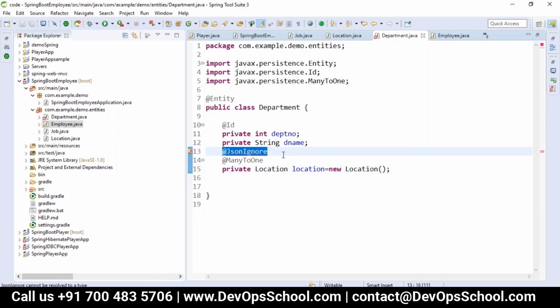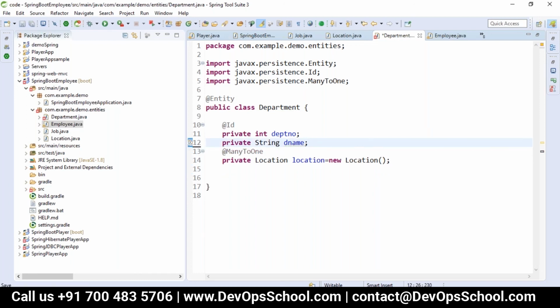But if you write a component, it still has this recursive dependency, right? Yes. It will go for an infinite loop. No, we'll get a Stack Overflow here, because a department will look for an employee, and an employee will look for a department. How to resolve that for a component? The component itself will have a JsonIgnore, so that we don't want that recursive relationship when we are getting it as JSON data in the REST application.